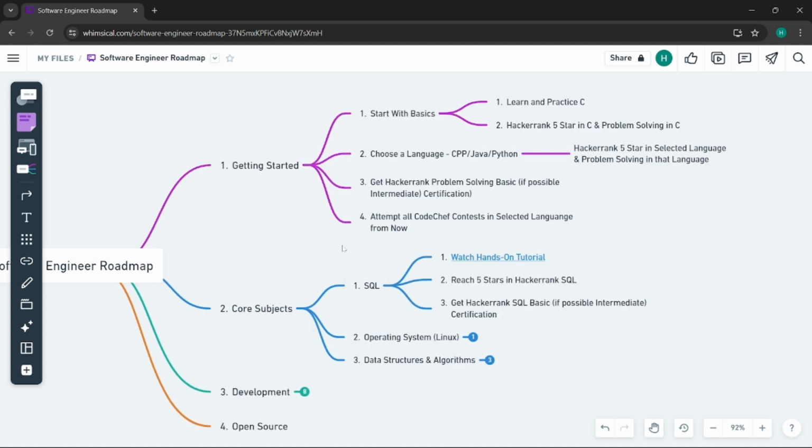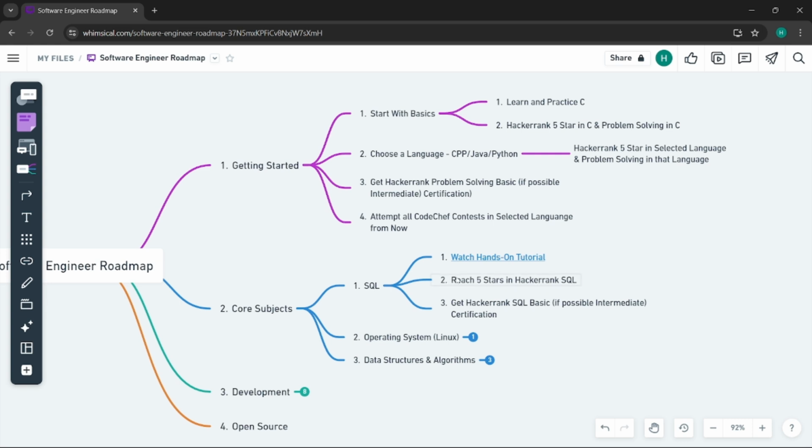So if we just open this one, structured query language. First of all, you will watch a hands-on tutorial. This is actually a link. You can definitely go to this link. I will be sharing this roadmap in the description of this video. You can go to the roadmap and go to the link and complete the hands-on tutorial. Anything in computer science requires hands-on practice, be it coding, structured query language or development. Just watching videos is not going to help, right? So you have to go hands-on in each and everything.